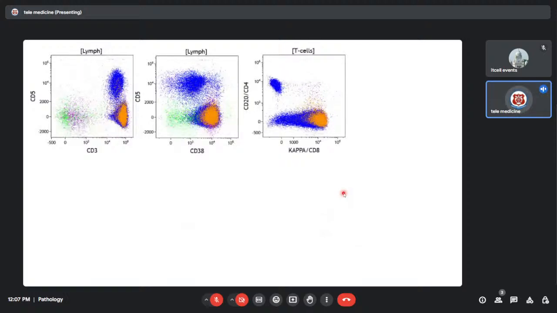And then you go to the T cells. Can you identify some abnormalities? Starting from the first plot, 5 and 3. So what about... positive, which is what you expect? But you have a population here that is completely negative for CD5. So loss of CD5 expression, and this is a huge chunk of the population. The same way you can see that you have the 5 negative population is expressing